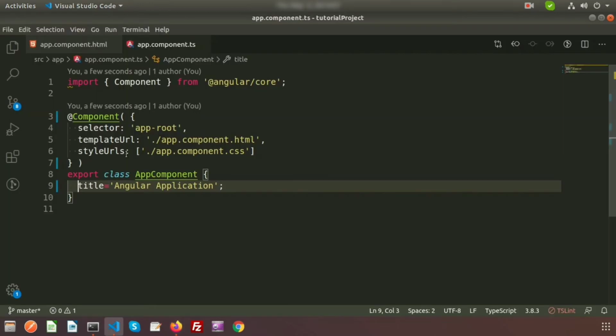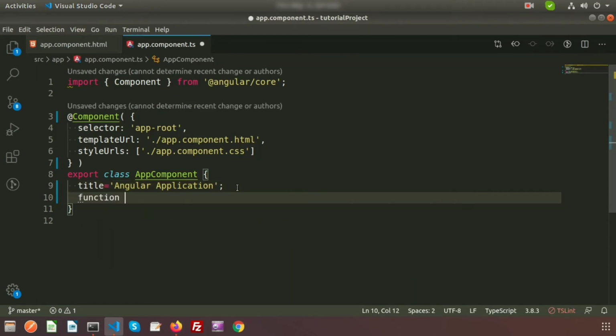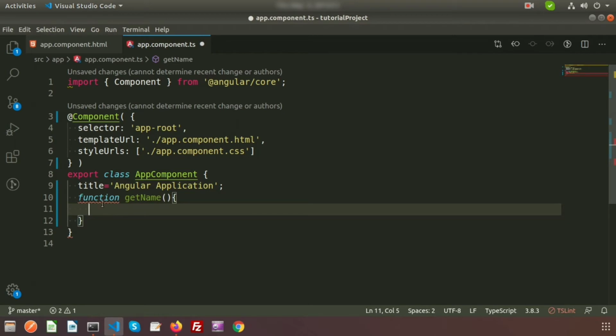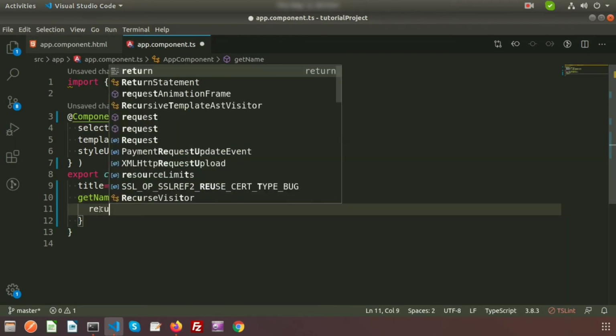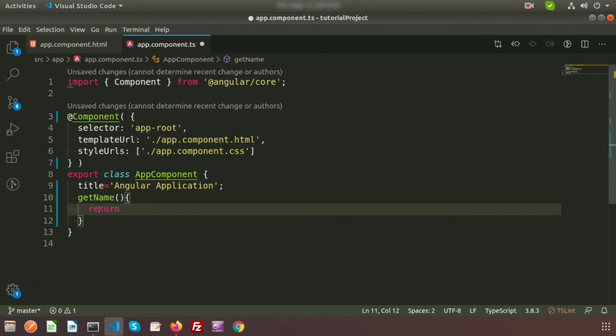In the same way, suppose we want to create a function, we write function and getName. Normally in JavaScript we write it this way. But here in the TypeScript file we don't need to write the function keyword. We just provide the name of the function, and this is the function structure. There are braces, and inside the braces we can write our logic. Here I'll just return something, that is learning